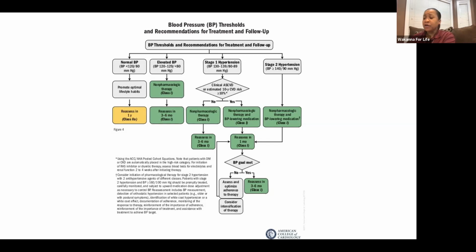Again, if your numbers at the doctor's office are still under 130 over 80, lifestyle modifications are going to be first. Exercise, diet, low sodium diet. If you drink a lot, okay, we want to cut back. I'm not going to say stop drinking, but we want to cut back. If you smoke, we do want to really